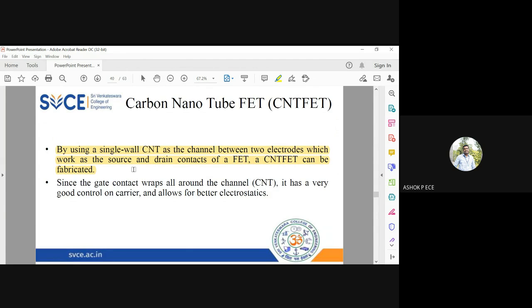Since the gate contact wraps all around the carbon nanotube, it has very good control on the carrier and allows for better electrostatics. Carbon is an insulator, and only when you change the characteristics, carbon becomes a semiconductor. So that is very good for me because I am able to control the parameters of the carbon nanotube by applying a particular gate voltage. So